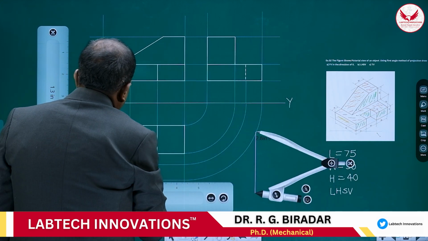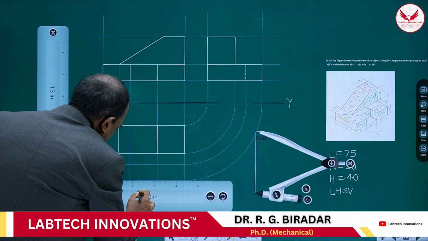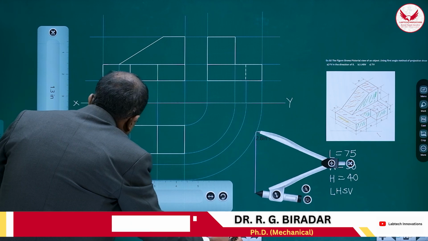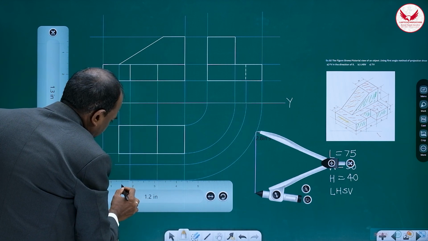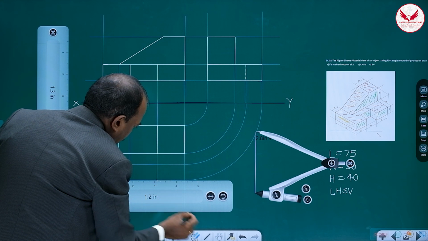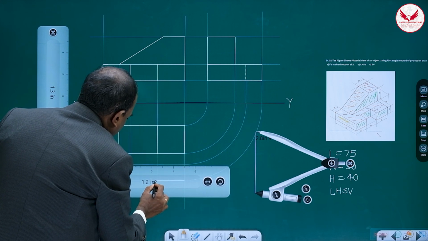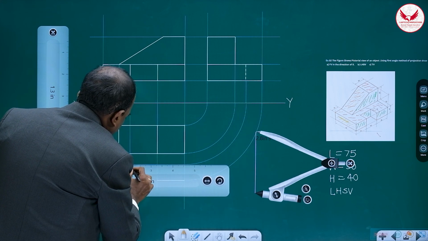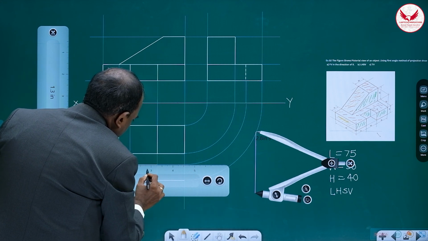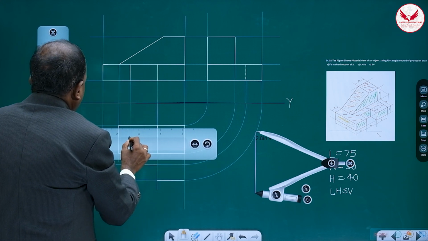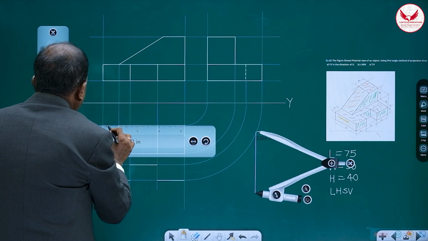Then how can we mark that surface? See it very carefully. 25, then a gap of 25, mark this line, and here again it is 25, correct, and this is 15. So all horizontal lines of that part I am marking first,